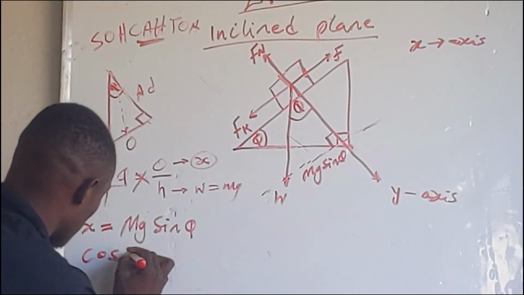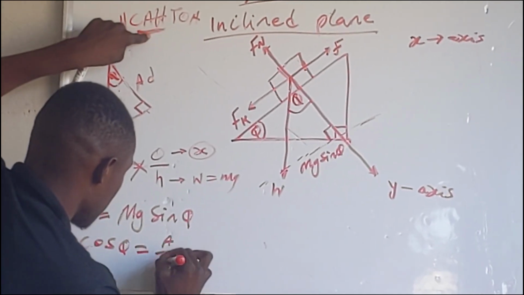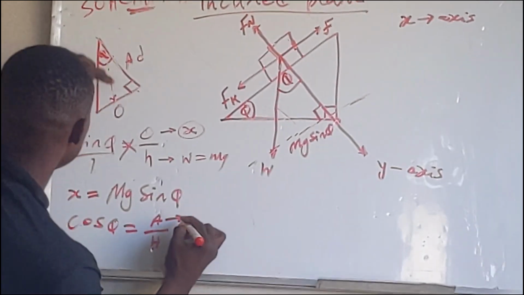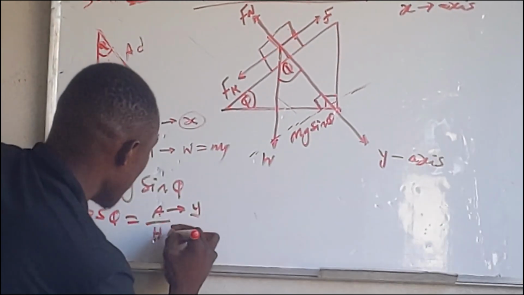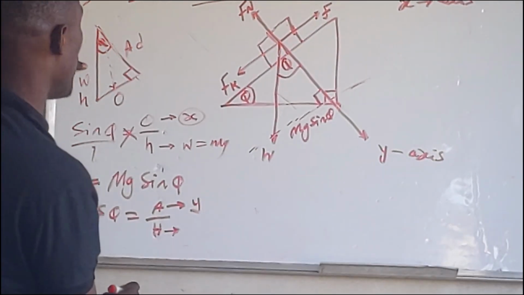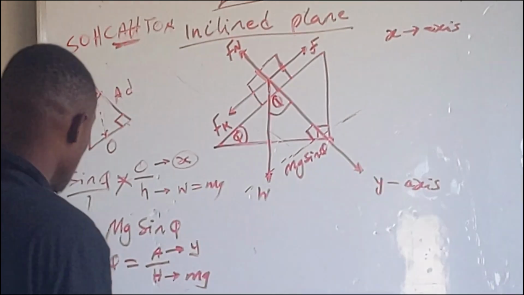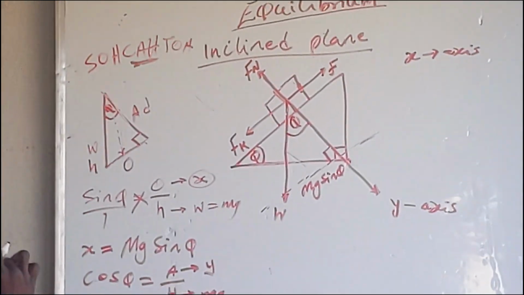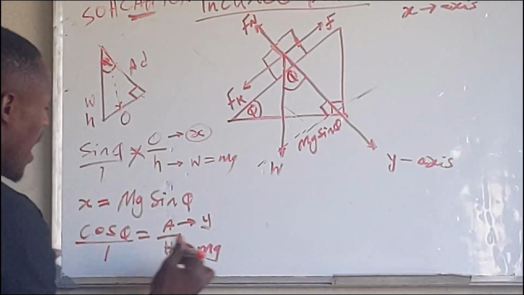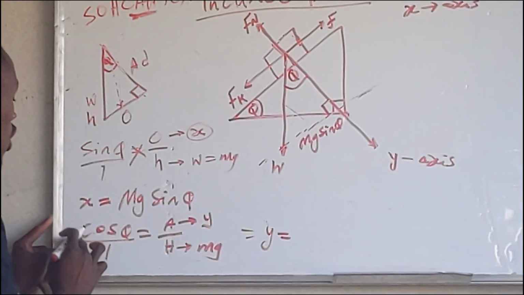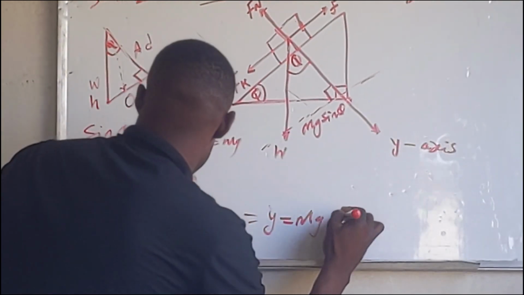If we have cos theta, which is equal to adjacent divided by the hypotenuse, where the adjacent is the value of y in the y-axis. So we say y. Then the hypotenuse is the value of weight that we have here as mg. Then we are going to go ahead and make y the subject of the formula. In this case, it will be over 1. 1 times y is just y. So we will have y, which is equal to cos theta multiplied by mg, which will give us mg cos